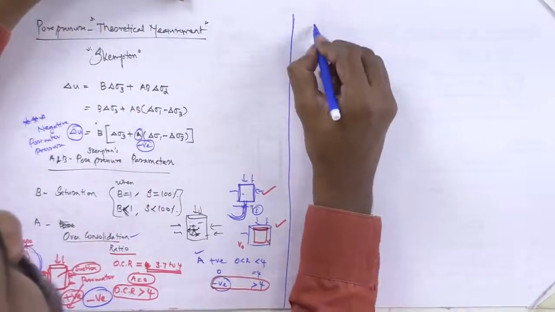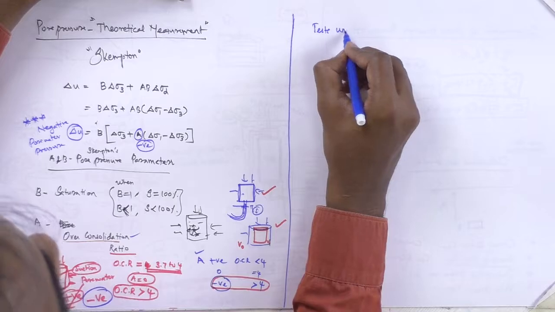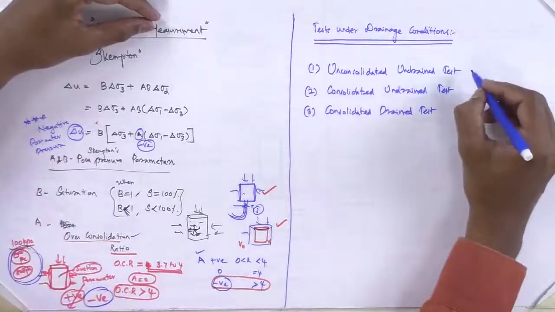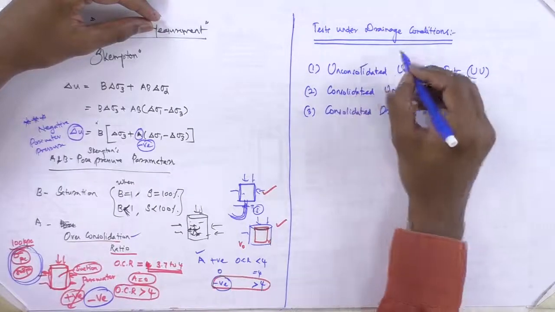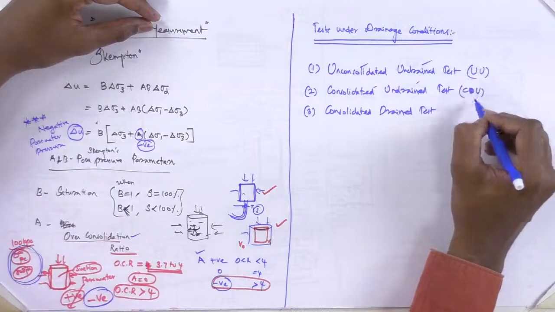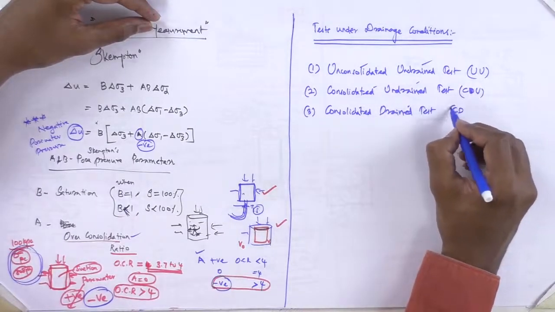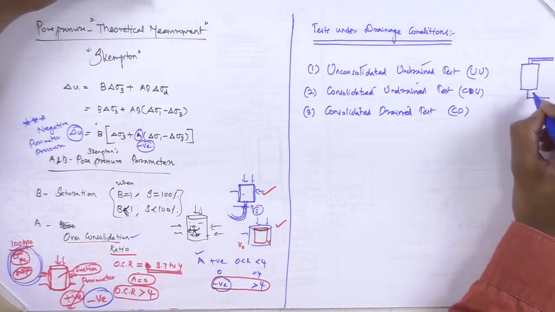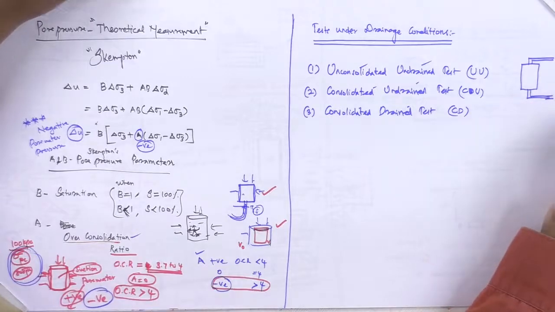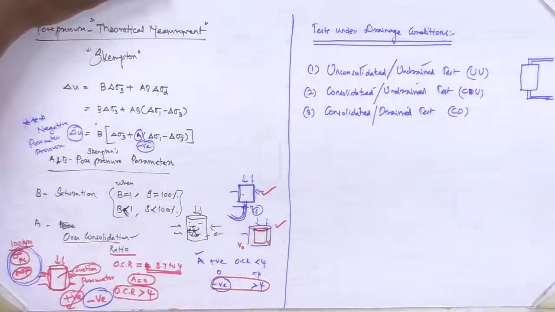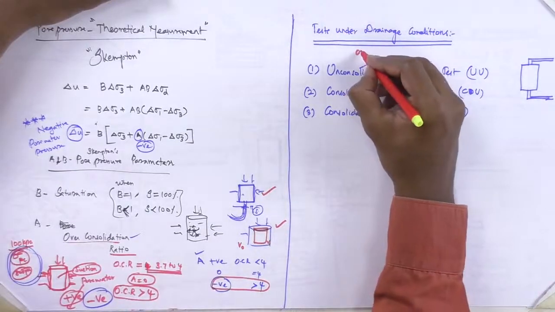So in the same triaxial test, we can do the test under different drainage conditions. So we have different tests. This is shortly known as UU test, unconsolidated undrained test, consolidated undrained test, CU test, consolidated drained test, CD. To explain this, this is a soil sample. So this is the pore water measurement tube. So I can split this into 2 stages. So this is the consolidation process, only sigma 3,